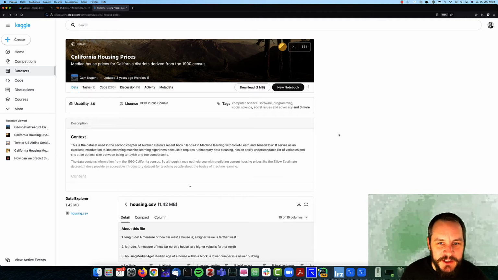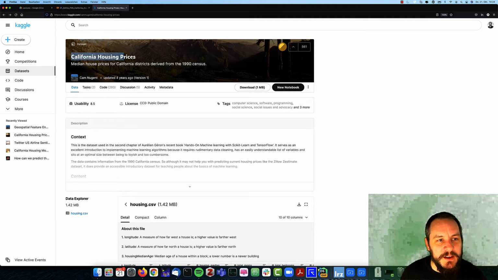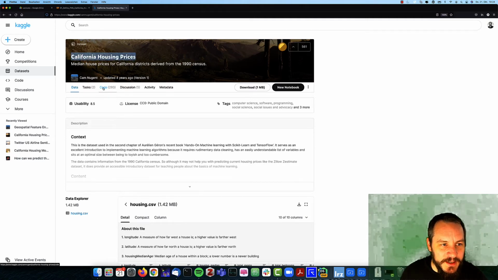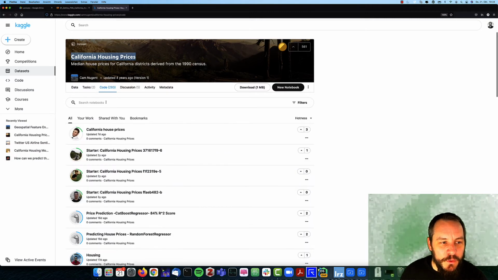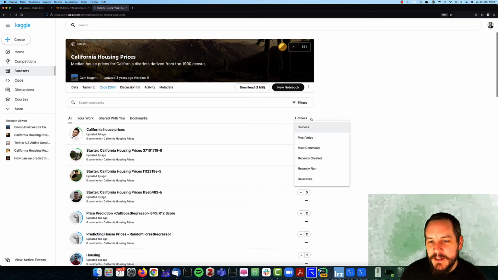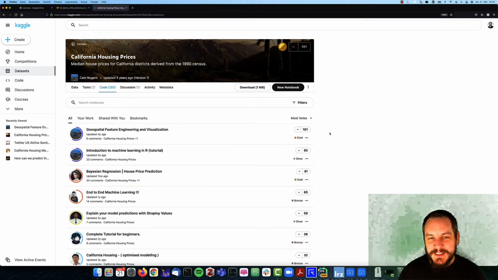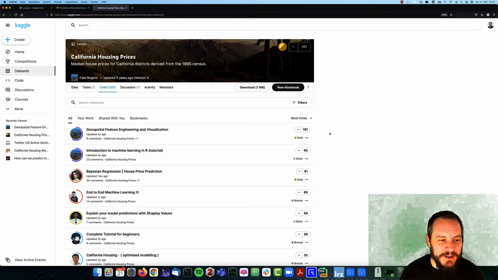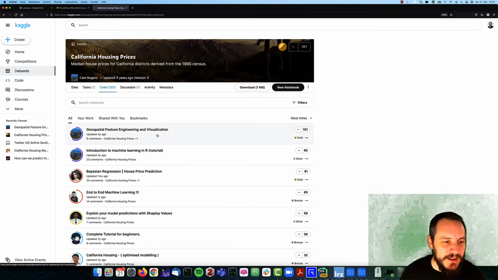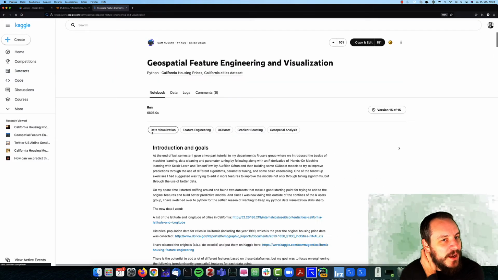But also for each data set, you will find code that is provided by other people and showing interesting stuff in some cases. So for instance, if you take a look here at the California house prices and I take a look at the codes here, what I always do is I filter for the most votes, because most votes also to me indicates that this is a code many people have used or at least analyzed or looked at. And here, if you take a look at the geospatial feature engineering and visualization example and scroll down a little bit,